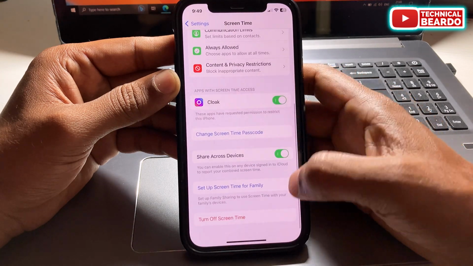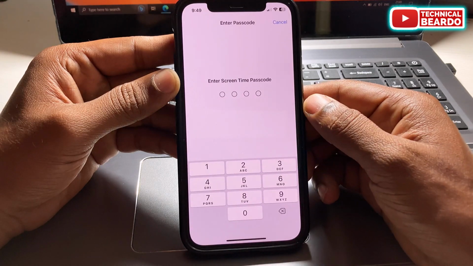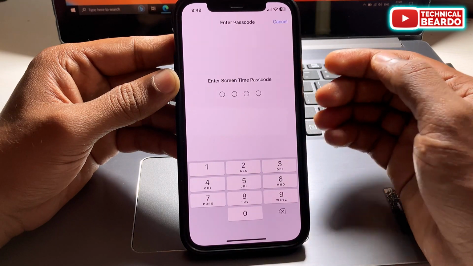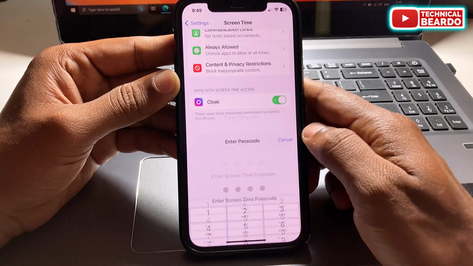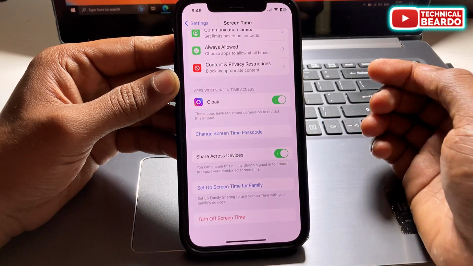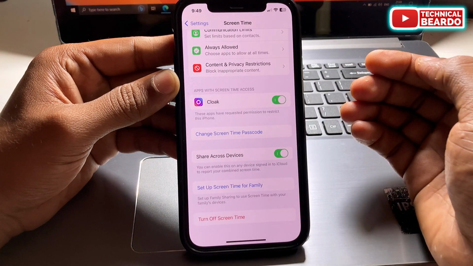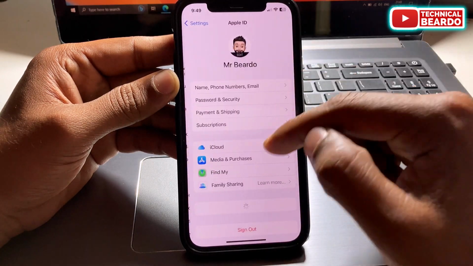So now do one thing, scroll down in screen time and the last option is called turn off screen time. Tap on that, and once you tap on turn off screen time, it will ask for your screen time passcode. Go ahead and enter the passcode and you can turn off your screen time on iPhone. Once you do that, come back, go to your profile, and now check whether the sign out